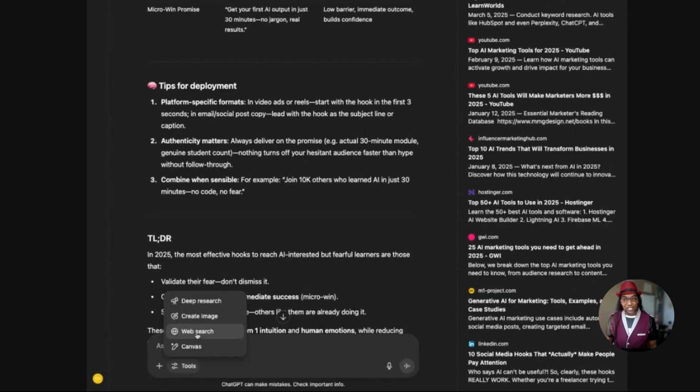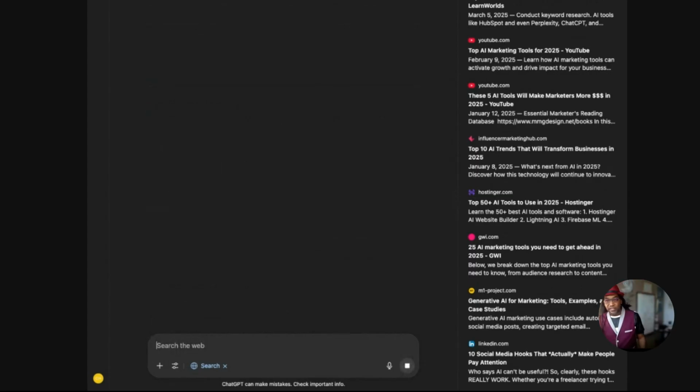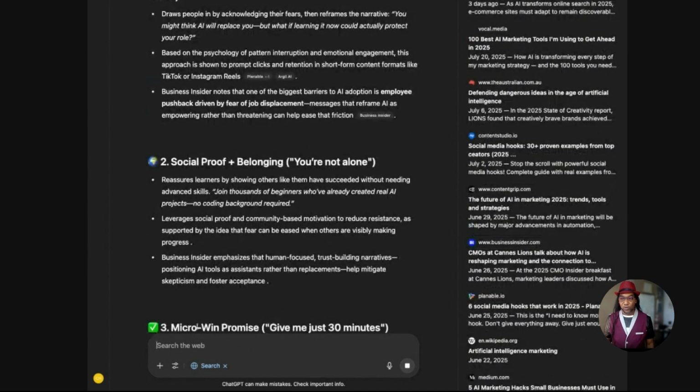web search. When you hit web search, it's going to try to find some more updated results. So I'm going to say refine the search, just because I'm lazy. And go do its thing. So it's going to check. I left the sources window open so you can see how it's trying to get more recent information.